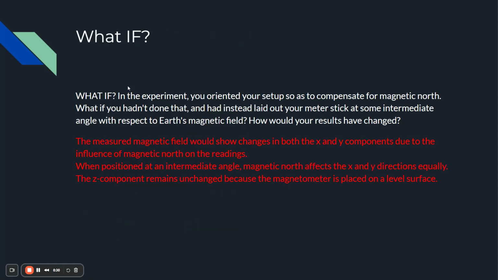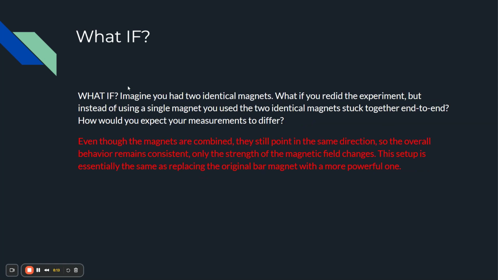And so, what if? Firstly, in this case, the measured magnetic field would change in both the x and y components, since magnetic north would influence both directions more equally. However, the z component would remain unchanged, and this is because the magnetometer was still placed on a level surface. And then for the second what if, even though the magnets are combined, they still point in the same direction, so overall magnetic behavior remains consistent, and the key difference is strength. The field becomes more powerful, similar to replacing the original bar magnet with a strong